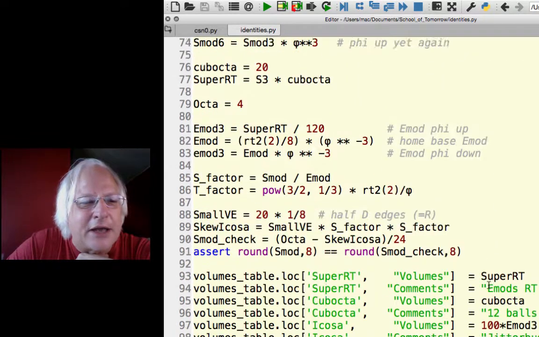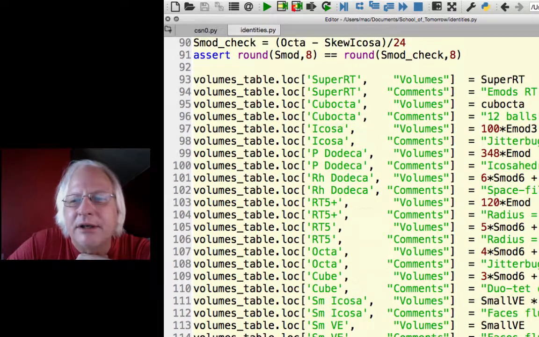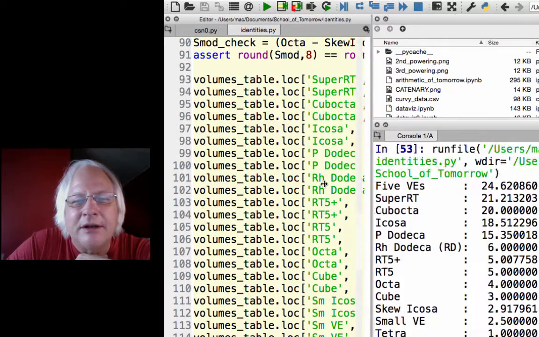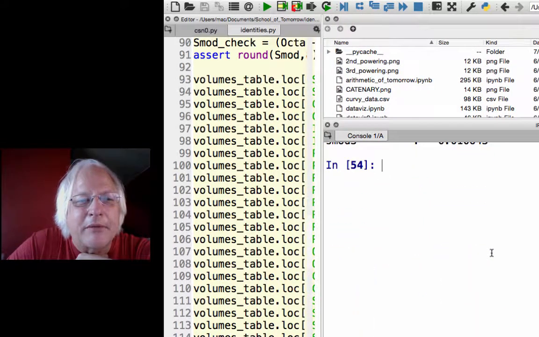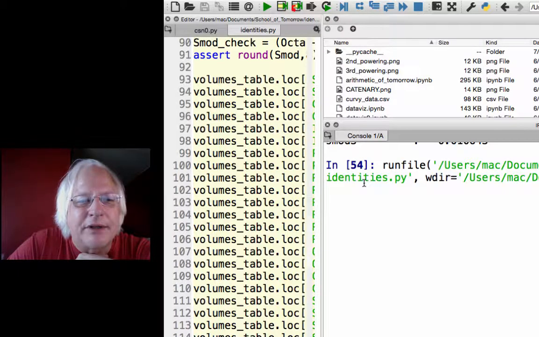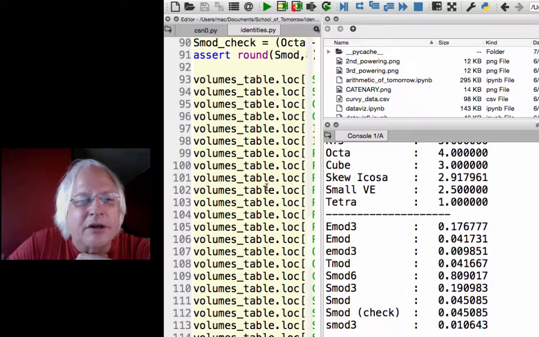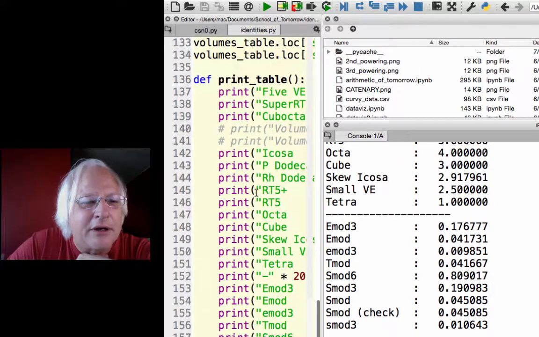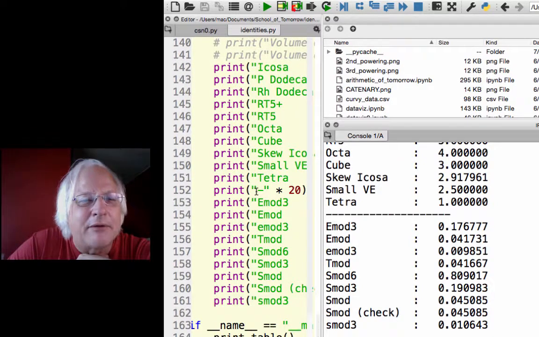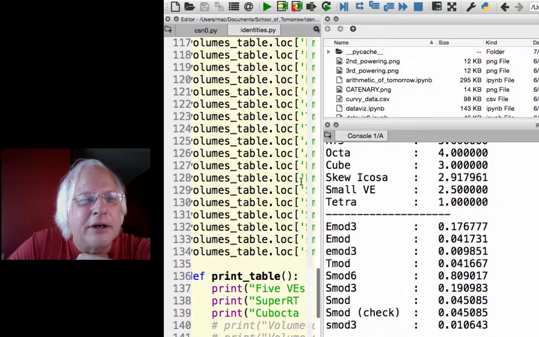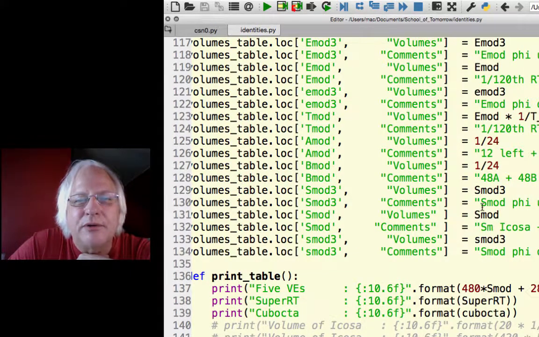And so I've got the Koski identities in the background. And if you run this thing from the command line, like by hitting the run button, it actually triggers a print table function, which is at the bottom here, and it only runs if you run this top level. If you just import it, what it does is it creates a pandas data frame, this is what's new, and